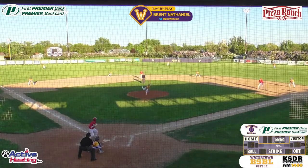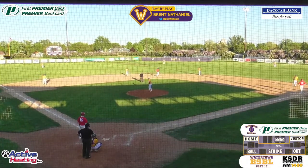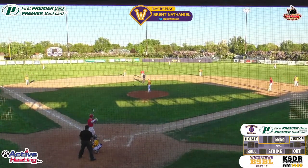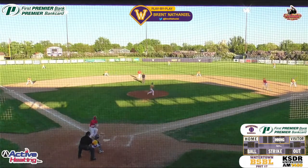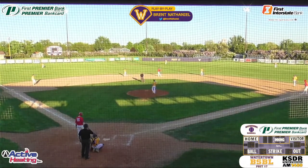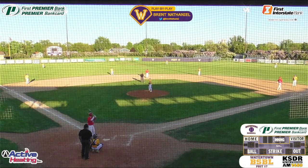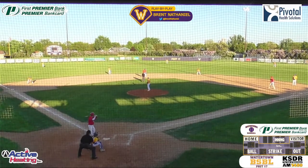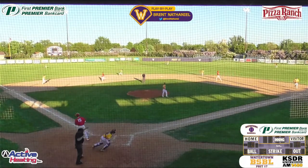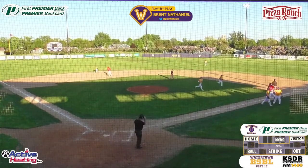2-1 to Cade Larson. Outside. Now 3-1. 2 on for Groton. 2 away. Top of the first inning. 3-1 as Karst delivers. Strike is the call. Makes the count full now. 3-2. Full count in the pitch. Strike is the call. Second K for Karst in the inning. And Groton will get no runs. They will leave 2 on